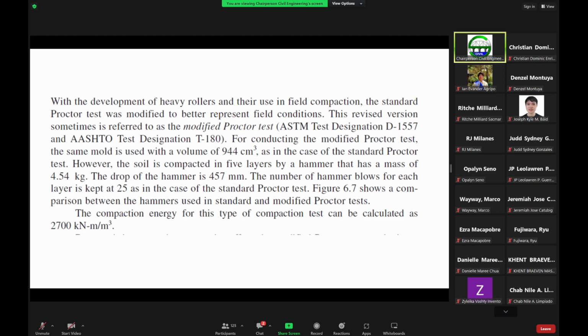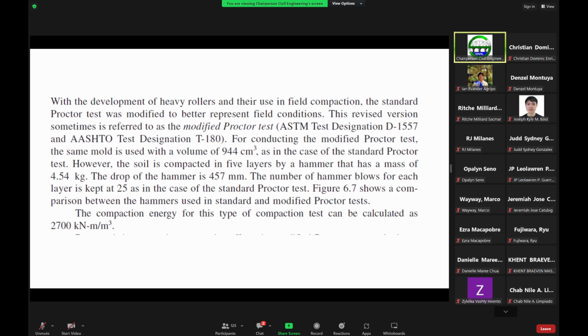With their use in field compaction, the standard Proctor test in the lab was also modified to better represent the field conditions. This revised version is now referred to as the modified Proctor test as per ASTM